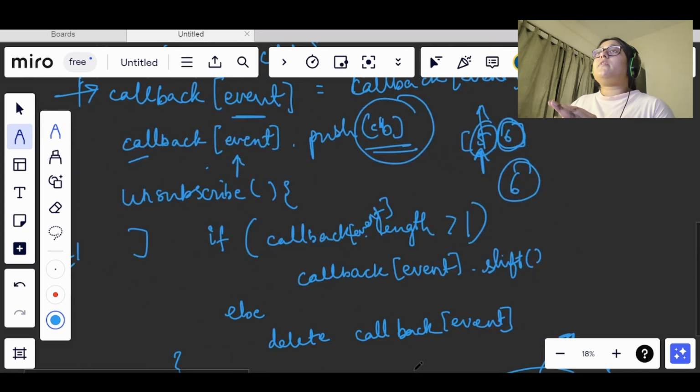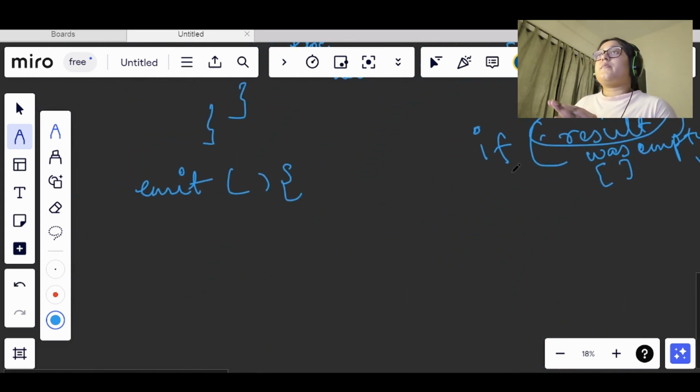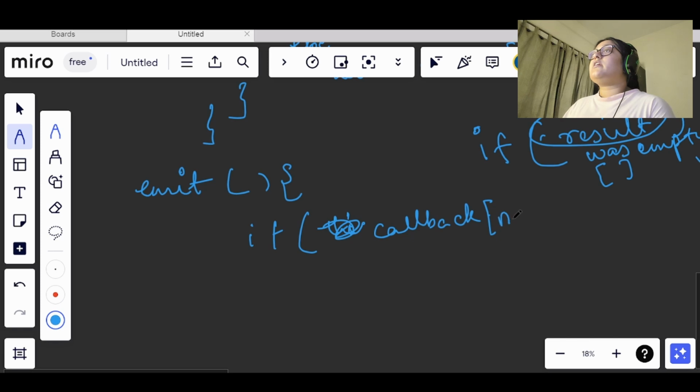Okay. So what we will do here, if this, I will not be using this here, we will use it directly in the code, because we will be declaring a global variable which will be accessible in both the functions. So callback for that event, if it is available, then what we have to do, we need to return callback.